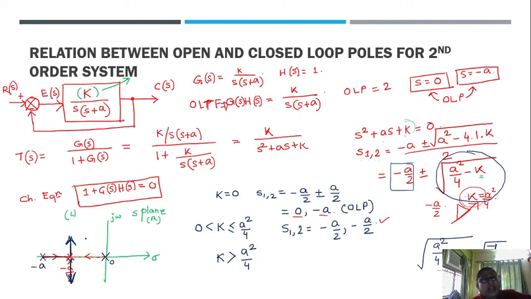Now, as the system will not always be first order or second order, it will be very tedious to draw the root locus in this way. So we need a generalized way to understand the root locus, and that is basically Evans condition. We know that in a linear control system, the very important part is that all the stability depends on the closed loop pole positions being in the left hand side, and on the characteristic equation.